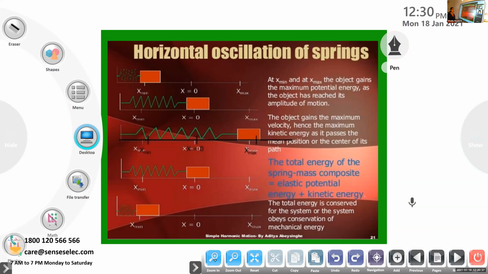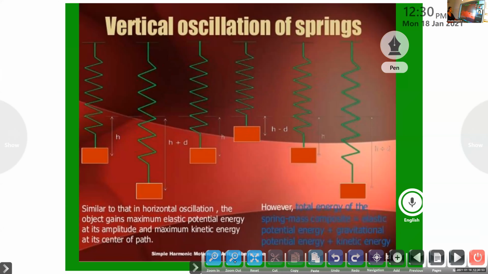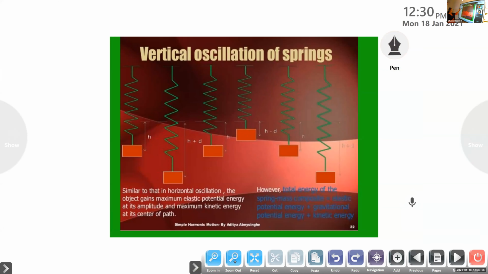The same thing happens in vertical oscillation. So a spring can oscillate both ways, horizontal or vertical. In vertical oscillation, this is the condition. Again, the initial position is the equilibrium position, there is no stretching. Then it has been stretched, therefore the length is increased. Again it goes back to the equilibrium position, and in the fourth figure it is compressing, again coming back to the equilibrium position, then it started extending again. So this process continues. It is a vertical oscillation of the springs.